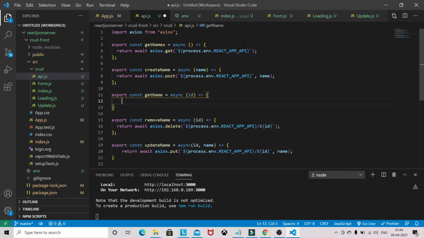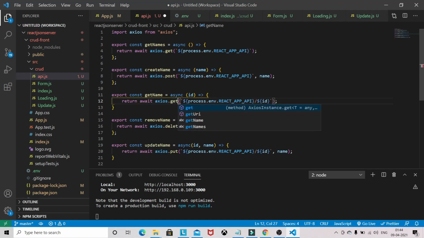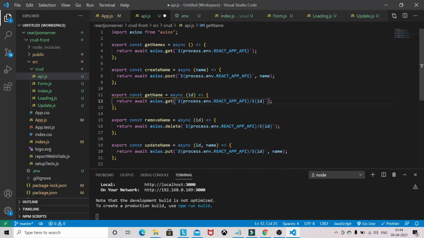You will get to know when I implement this one. So this will just return the single name based on the ID, because the input field could be pre-filled with that value.